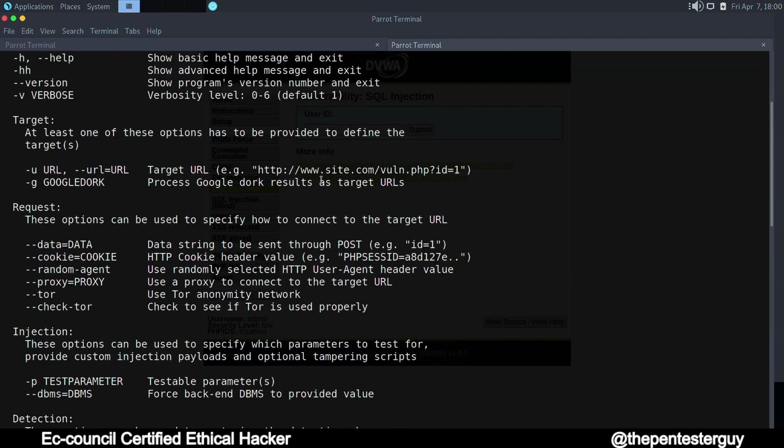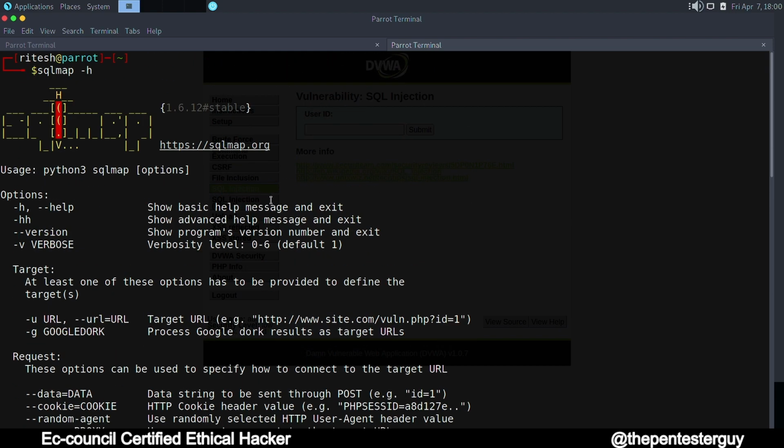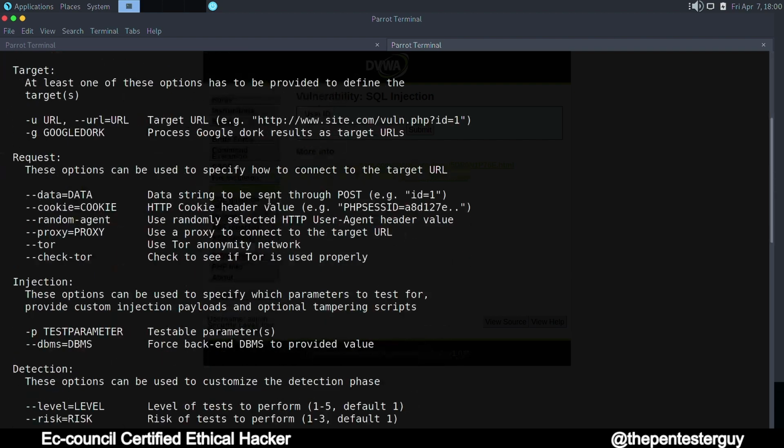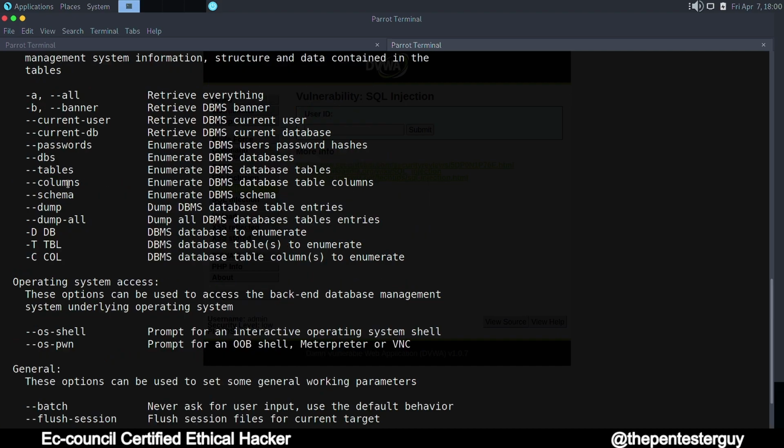So these are the options, or the facilities, that we get with SQLMap to enumerate the target with different flags. And we have different options for GET method and POST based requests. For SQLMap we use two different approaches. These are different flags that you want to remember, or want to know, to dump the database